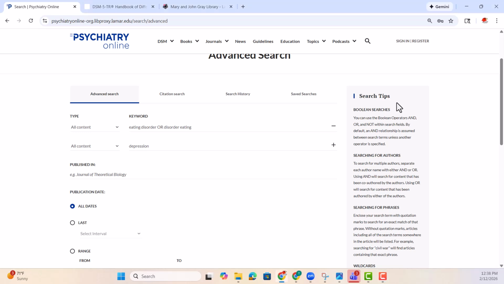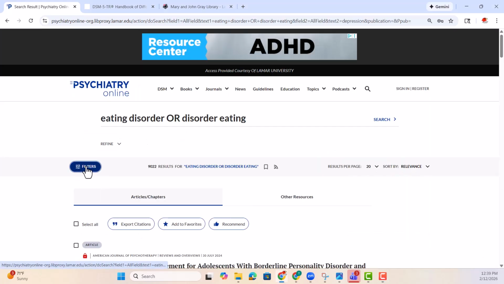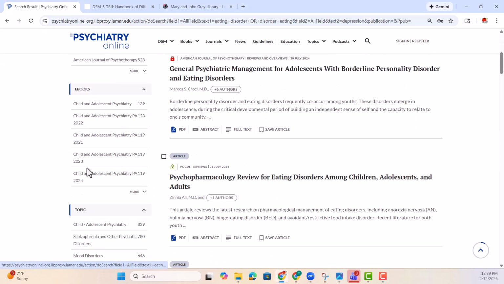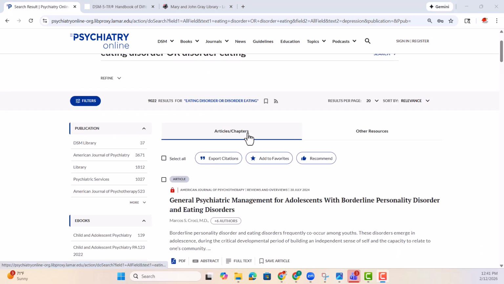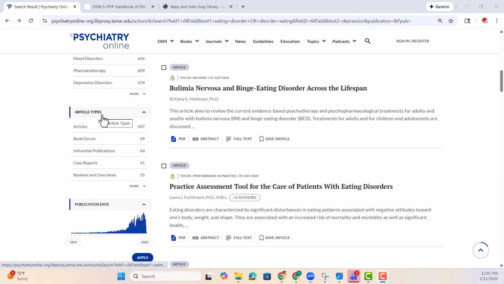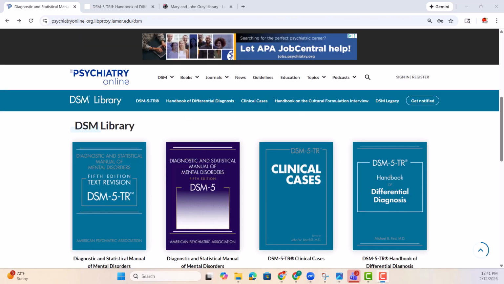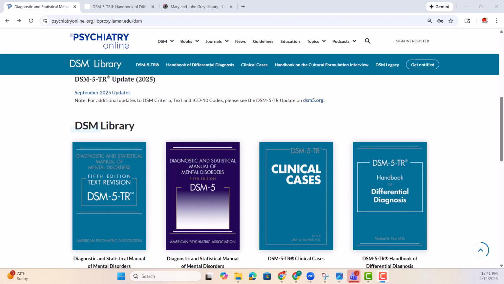On the right-hand side, take a look at suggested search tips. Just like in a basic search, use the filters button to refine your results. Your options are already sorted by articles and chapters and other resources. You can use the article types filter to refine your search to specific source types that best fit your research needs. The final section of this tutorial will instruct you on how to search for clinical cases using the DSM-5